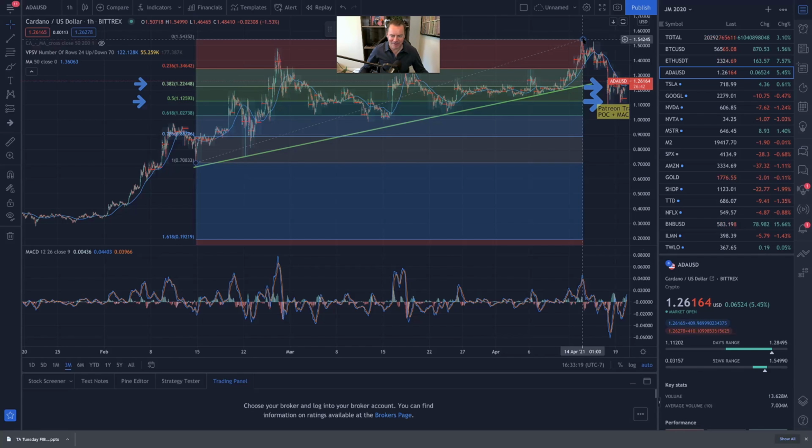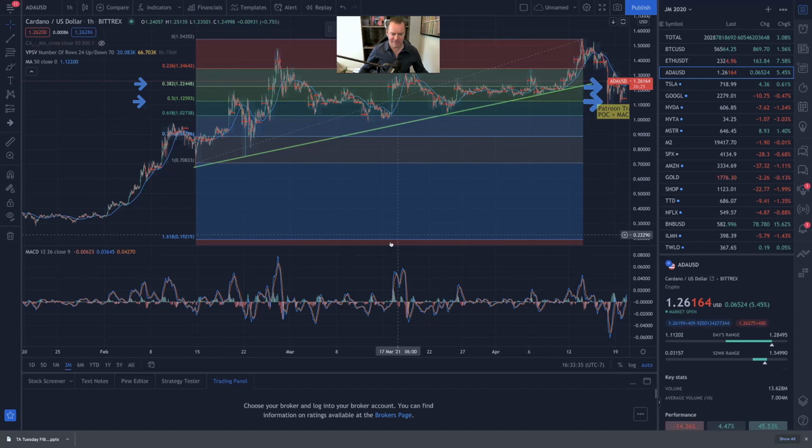But let's look at this chart real quick. And I'll tell you why this is important. We have, again, the 0.5 level and the 0.38 level. You can see that they correspond exactly to bottom wicks right here. As we zoom in a little bit, actually, let's zoom in a lot for this one. And because this is important, I'm actually going to turn this off